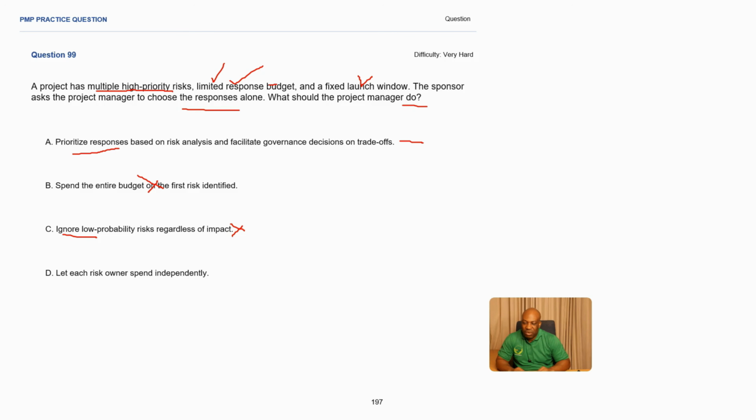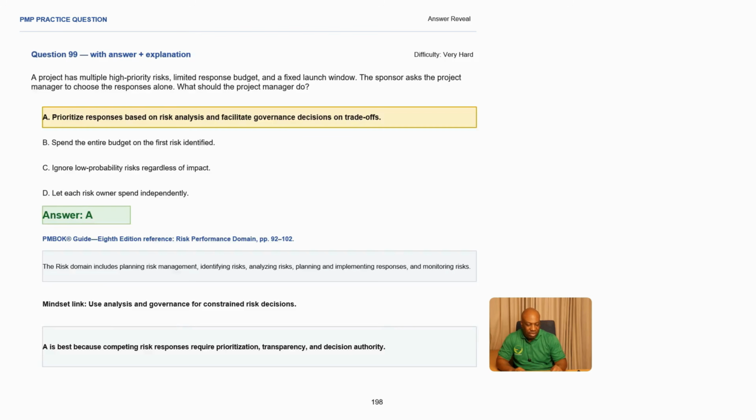Let each risk owner spend independently. You cannot have a risk owner spending independently. It has to be coordinated. The project manager is supposed to provide the integration that is required in a project environment. So the best answer here is going to be A, okay? So you need to prioritize responses based on risk analysis and facilitate governance decisions based on trade-offs. This is very important because remember there is also a fixed launch window you have here, and also you have